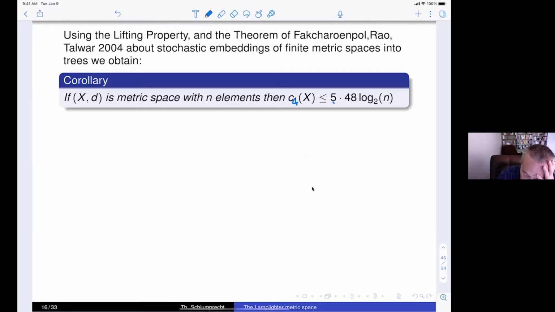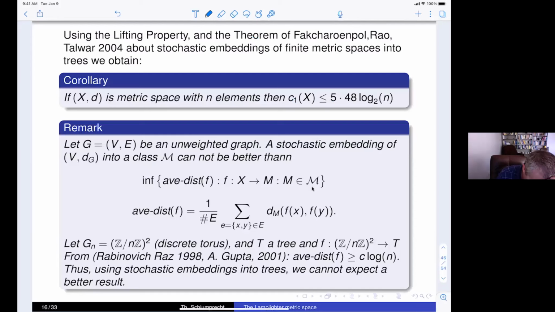The 5 comes from the tree and the 48 from the theorem. This is the best possible if you want to use stochastic embeddings into trees, because